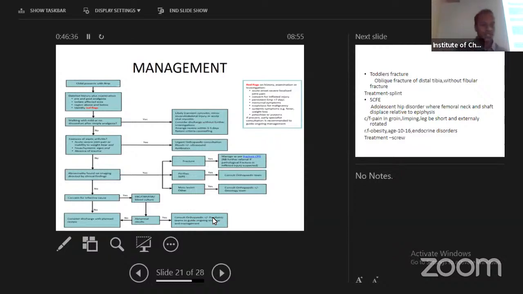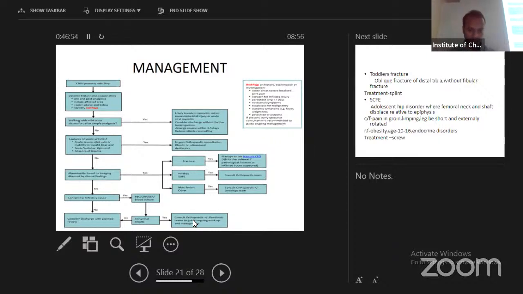Management of limping child. If the child presents with a limp, detailed history plus examination should be done. It should be done pre and post analgesia, and isolate the affected area. The region above and below the pain should be assessed, and we should identify